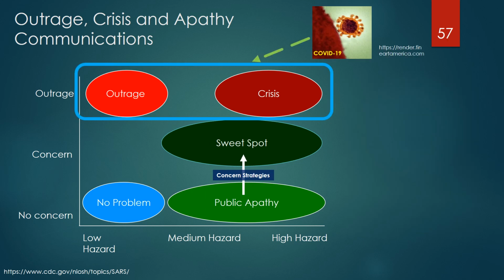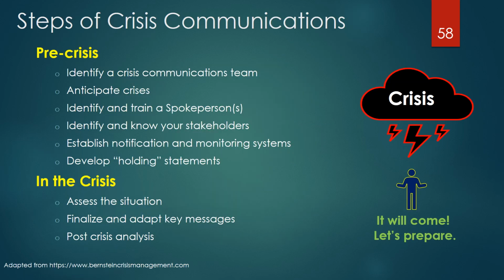The COVID-19 pandemic seems to straddle attributes of outrage and true crisis, as outlined by the blue box, requiring both outrage messaging skills for much of the population who will only manifest mild or asymptomatic disease, and true crisis messaging skills, since COVID-19 may kill significant numbers of those at high risk.